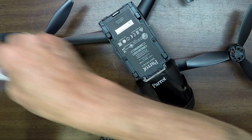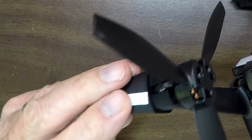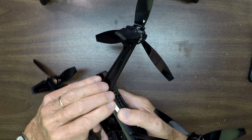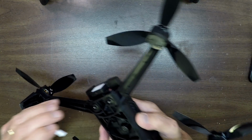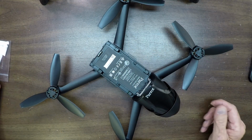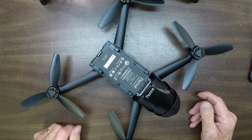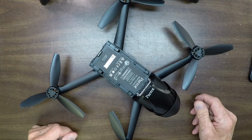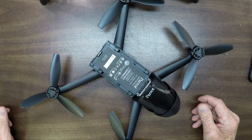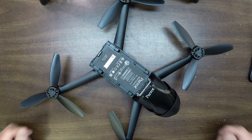These are made so they can fit right there on all four legs of your Bebop. They can also fit right along the edge, and you can put them on the battery. These are going to go to my brother in Western Washington, where there is underbrush everywhere. Here in Arizona, if my drone goes down, it shows up really well because the ground is red and the drone is black, so I don't have much trouble locating it. But if your drone goes down in underbrush and weeds and you can't find it,